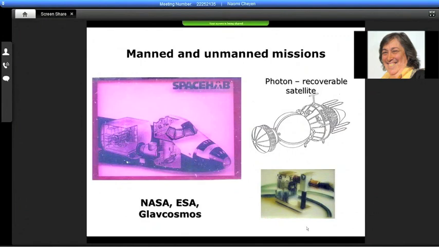But since I had the chance, I have sent experiments with NASA, on manned rockets, and with the Cosmos, which was the unmanned Photon satellite,